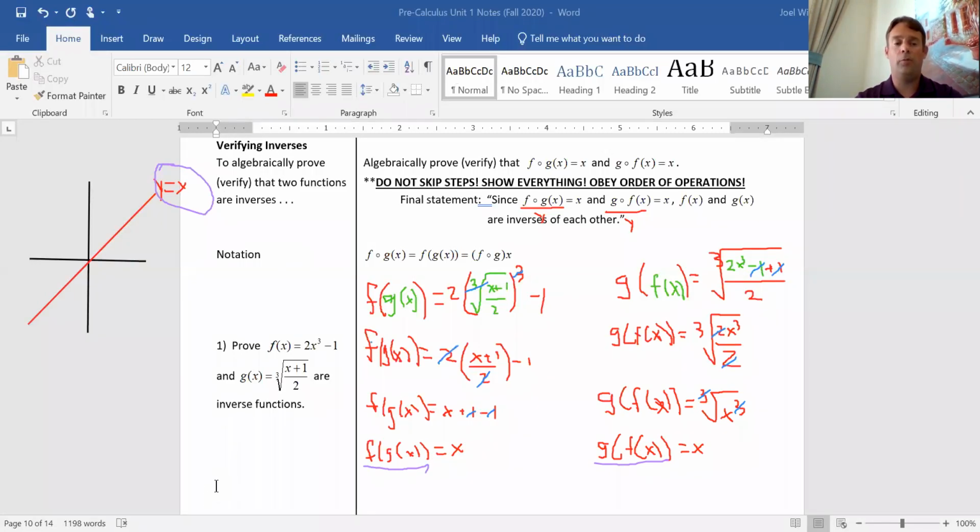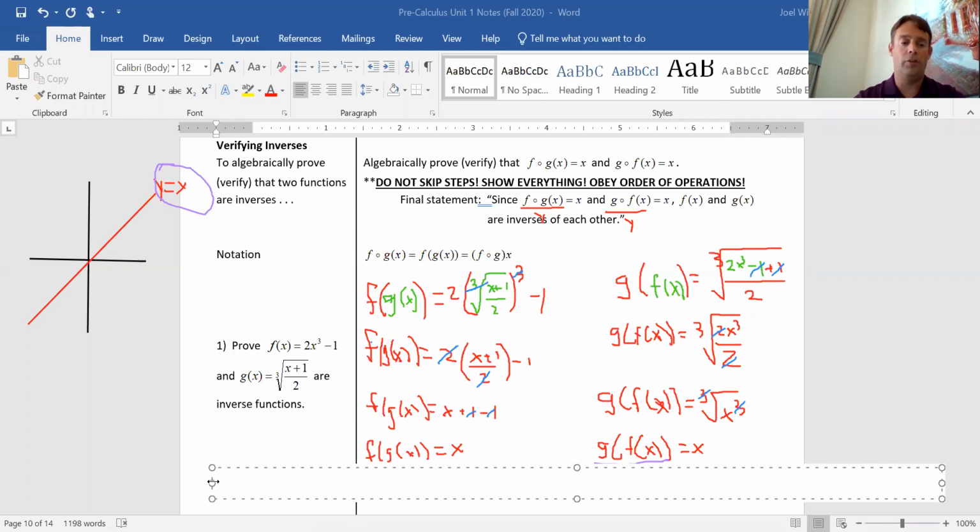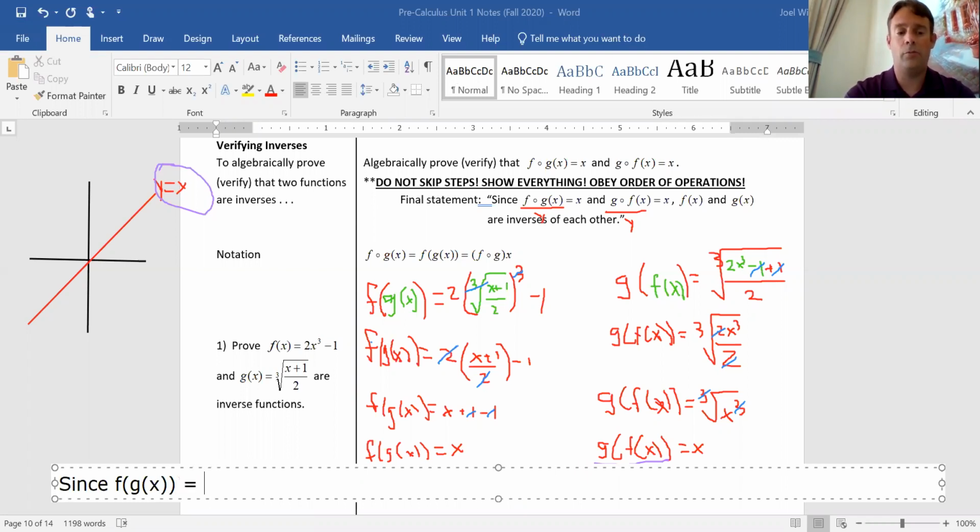So the last thing we do is go ahead and write ourselves a statement. And the biggest thing to remember about statements is no pronouns. We don't ever use any pronouns, all right? Since f of g of x equals x and g of f of x equals x, then f of x and g of x are inverses